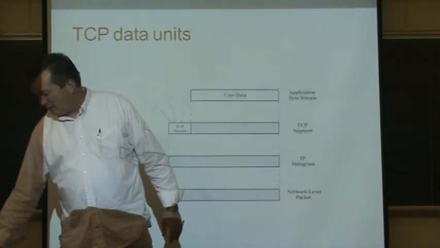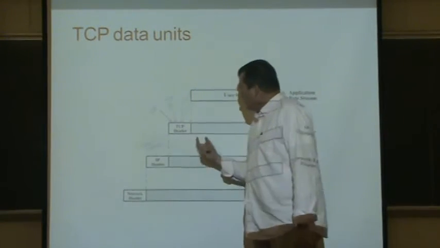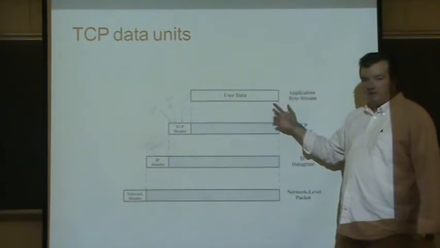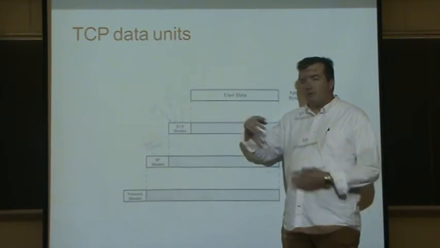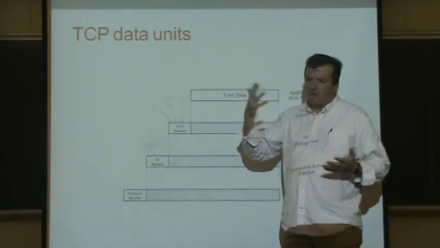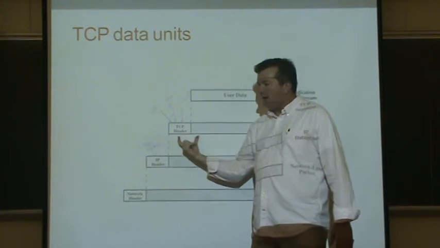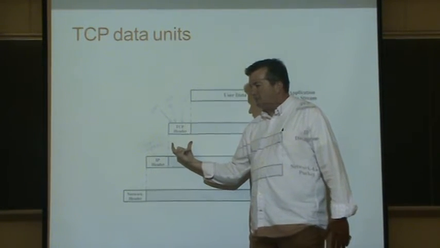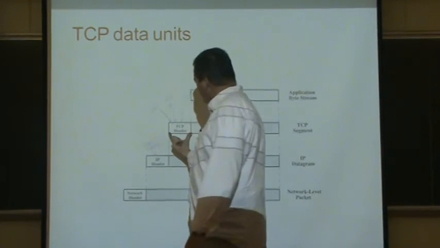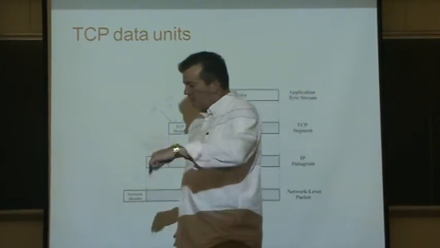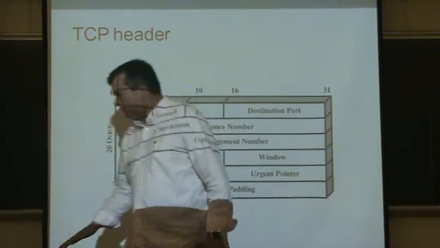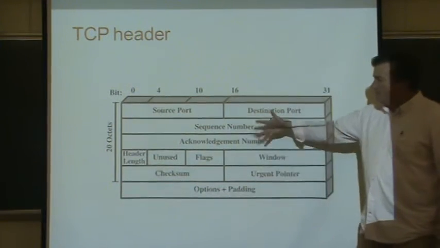So now we're back to here. Here's the message you're trying to send. This could be an email, it could be a movie, it could be a request to a web server saying, can I log into your website? You're sending a message, and we put the TCP header on top of the message. Now, after the TCP header is on, we're going to put another header on. So this is again the TCP header. We fill in this data.